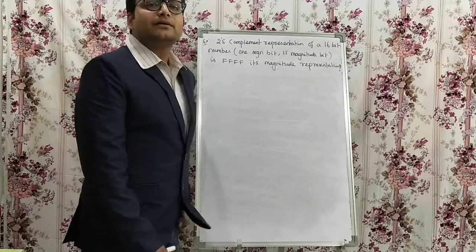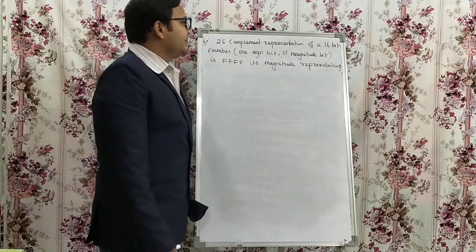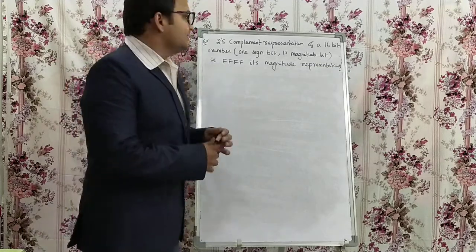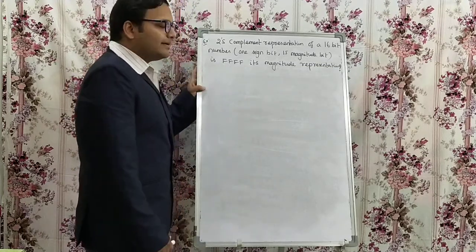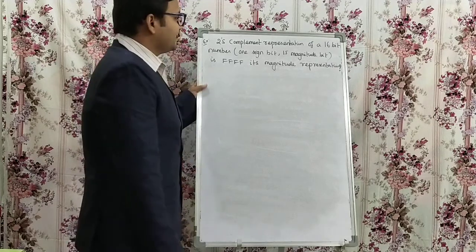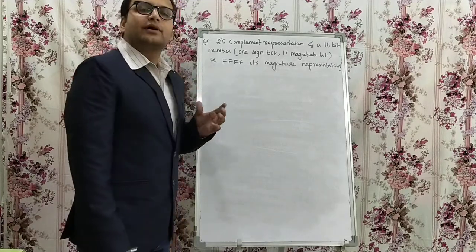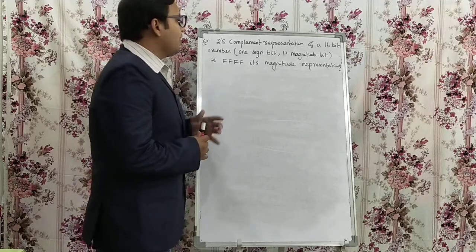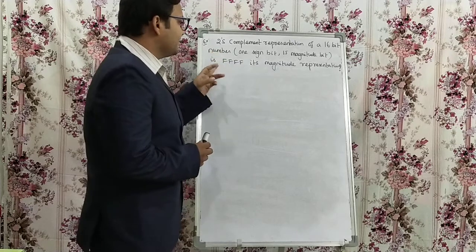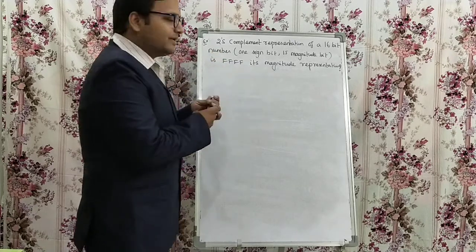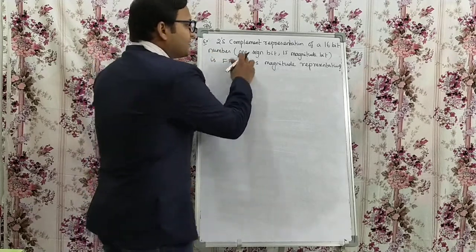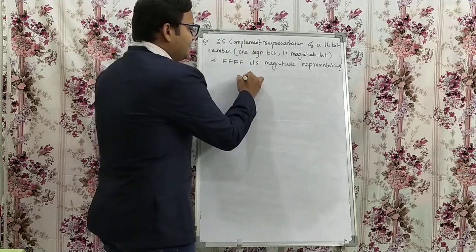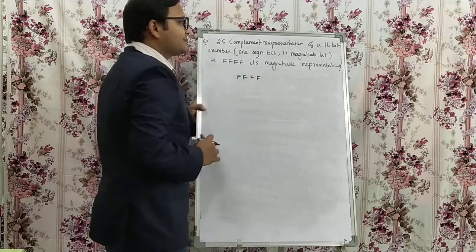So in this session we are going to see one of the very important problems which actually came in the GATE exam as well. The question belongs to the sign bit representation of complement form. The question is: the 2s complement representation of a 16-bit number is given, which is FFFF. FFFF is obviously a 16-bit number.